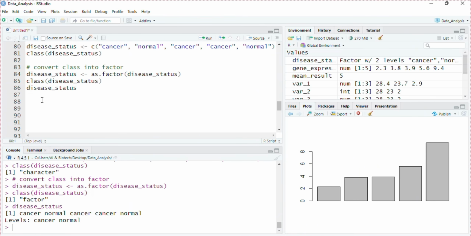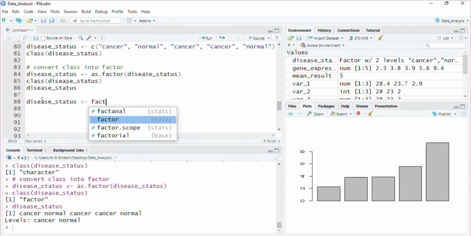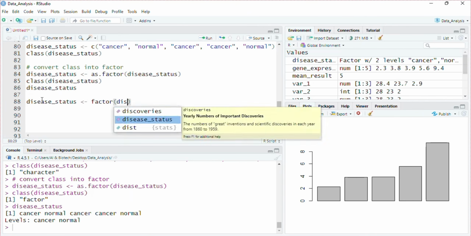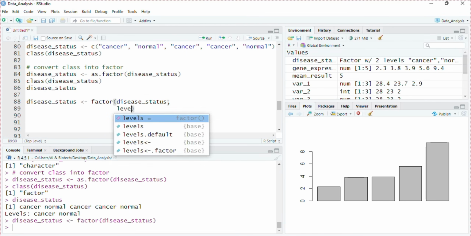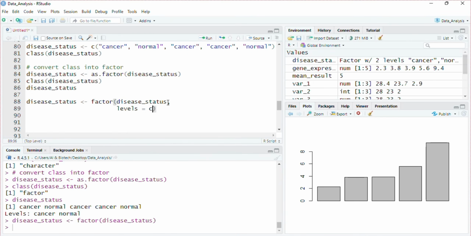For that, we have to re-level our factor classes by using the command factor. This time we use just factor, not as.factor. Here, we mention the same disease status factor. We will use levels.